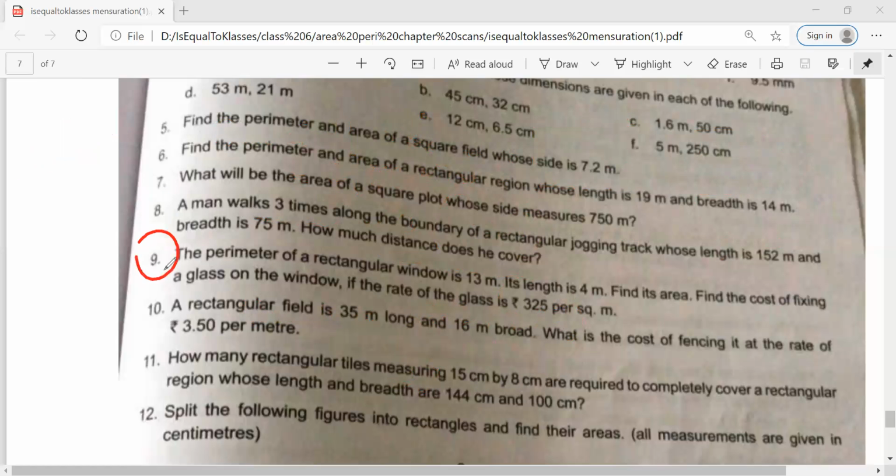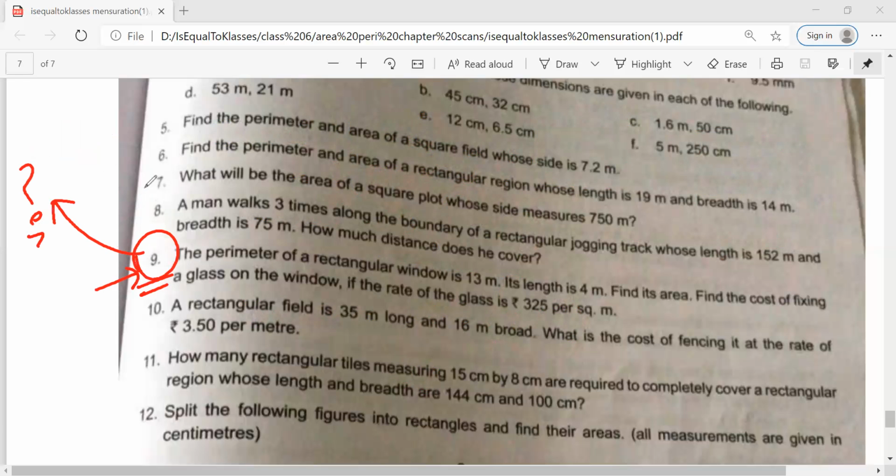Okay. Question number 9. Mr. Sarthak, what is the answer you have got? So I couldn't understand this question. Okay. Mr. Satya, did you do this question? Question 9? Sir, I don't remember because I had done it directly on the mobile.